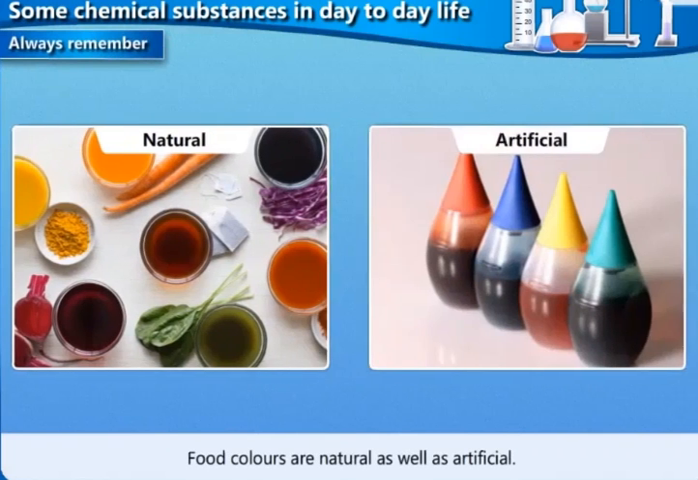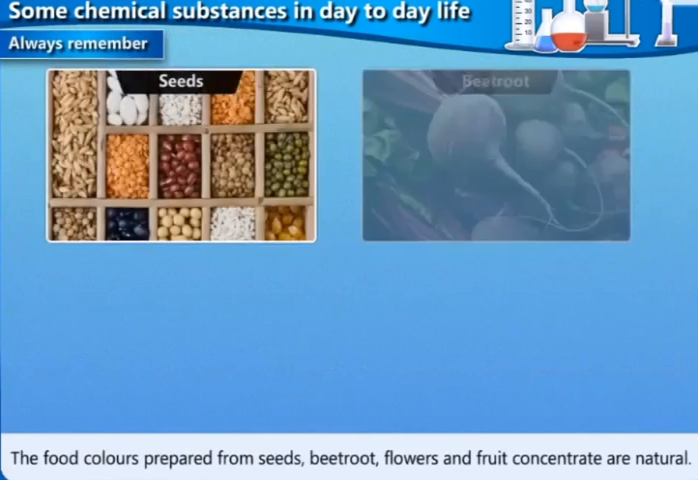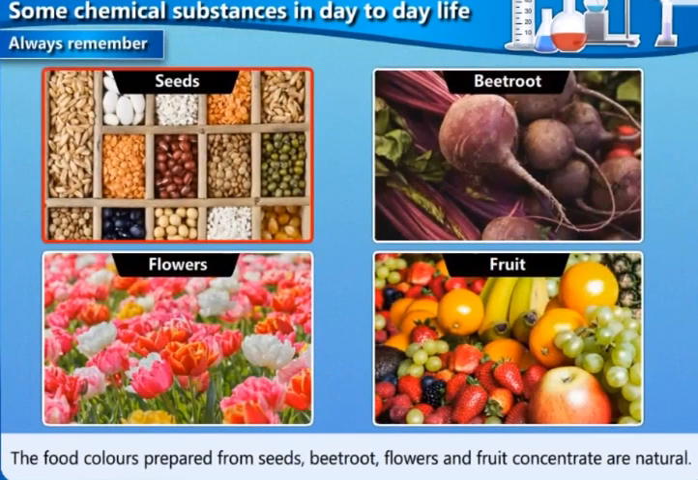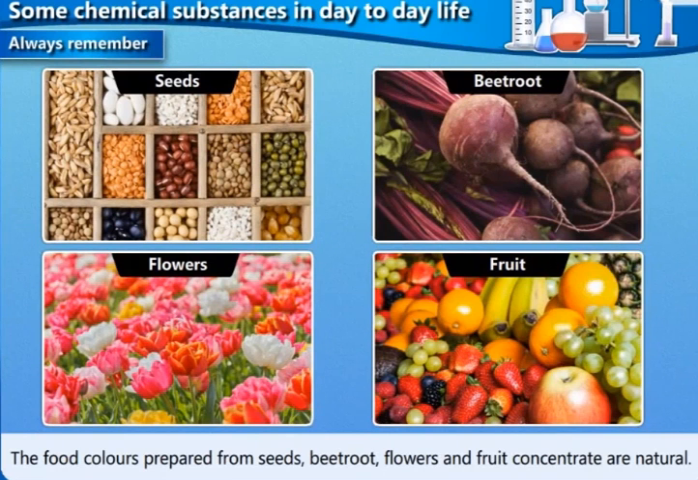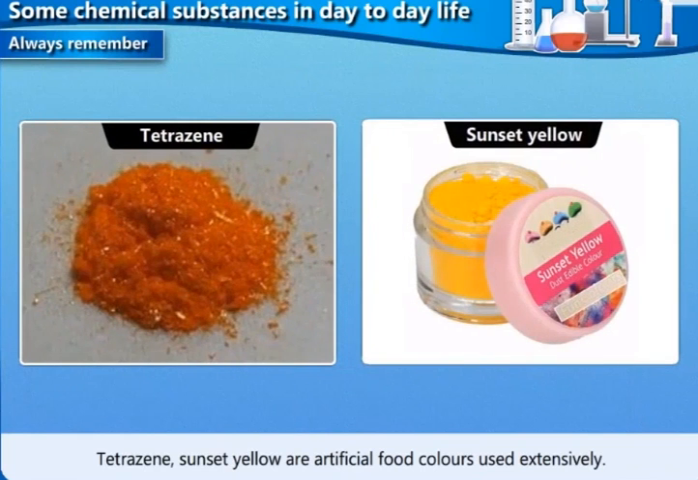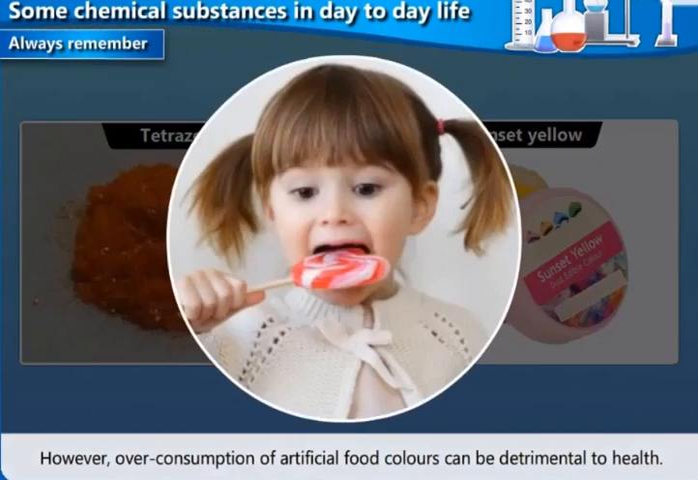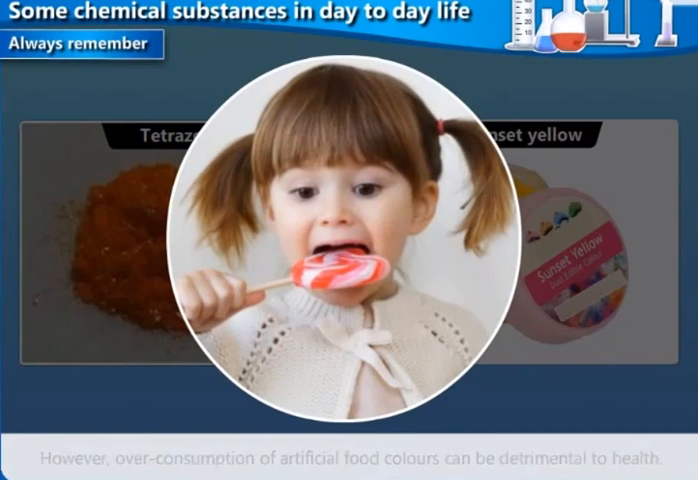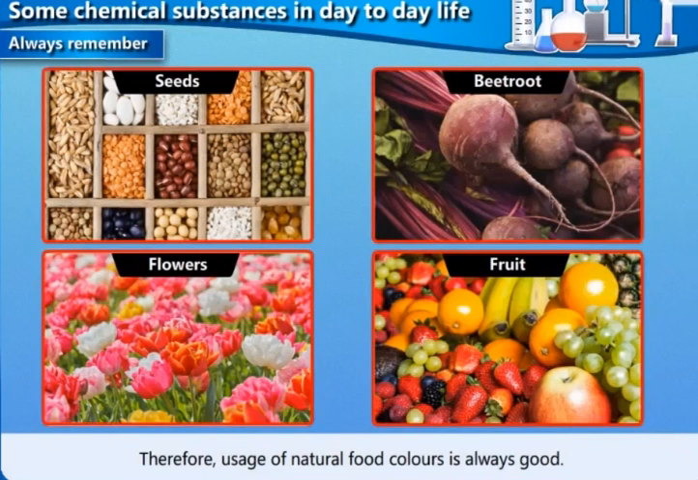Always remember, food colors are natural as well as artificial. The food colors prepared from seeds, beetroot, flowers and fruit concentrate are natural. Tetrazine and sunset yellow are artificial food colors used extensively. However, overconsumption of artificial food colors can be detrimental to health. Therefore, usage of natural food colors is always